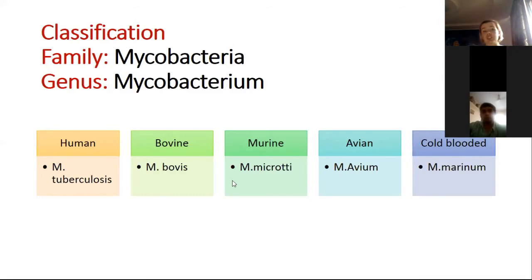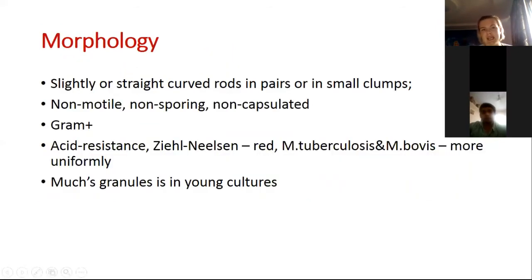Next, morphology. This is rod-shaped bacteria. This bacteria is slightly curved or straight rod-shaped. They are located in pairs or in small clumps. This bacteria doesn't have flagella and is non-motile, of course, and non-capsulated. This is gram-positive, but for this bacteria we don't use this staining technique, though you know Gram is our main staining technique in microbiology because we